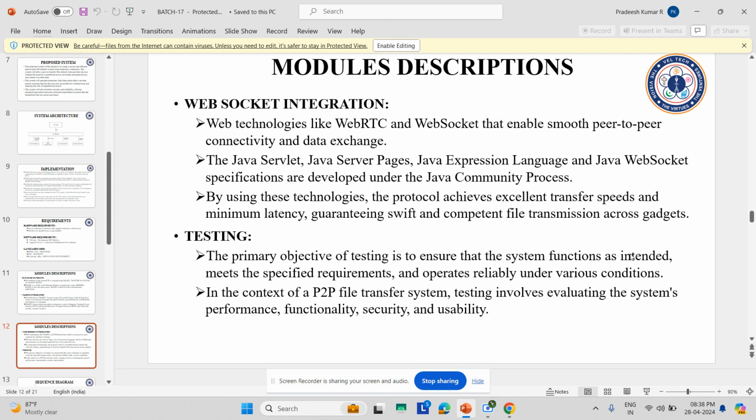WebSocket integration: WebSocket, like WebRTC, enables smooth peer-to-peer connectivity and data exchange. Java Servlet, JavaServer Pages, Java Expression Language, and the Java WebSocket specification are developed under the Java Community Process, by which these technologies help the protocol achieve excellent transfer speeds and minimum latency, guaranteeing swift and competent file transmission across